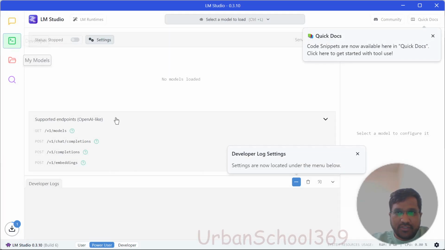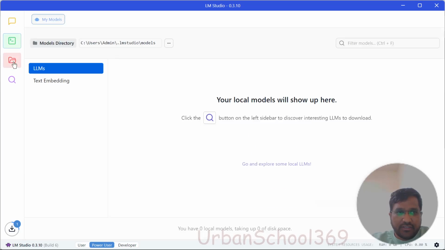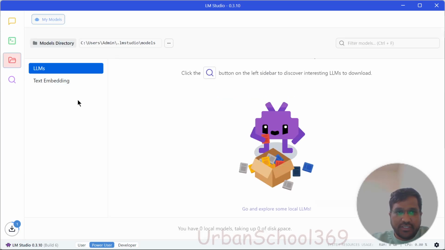And for developers, there are several options: the developer playground, and how we can utilize different endpoints to access models which are installed or set up in this LM Studio. And then you can see physically where models have been downloaded and reside. That way you can check how many models you have downloaded in your